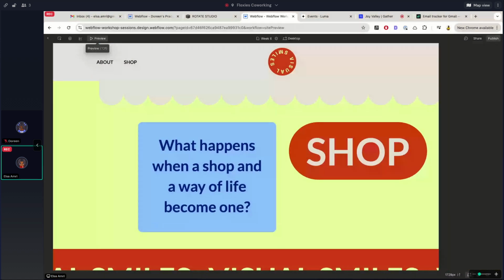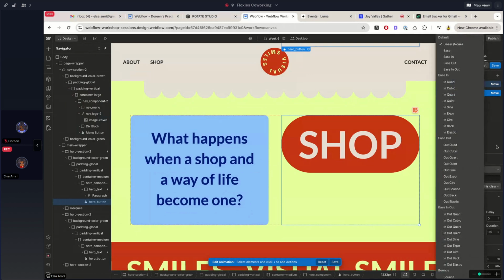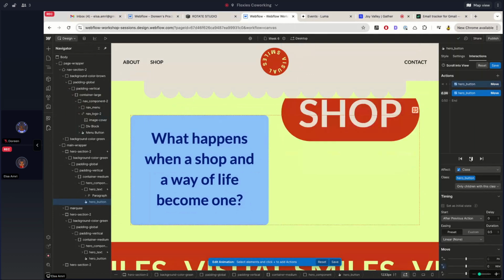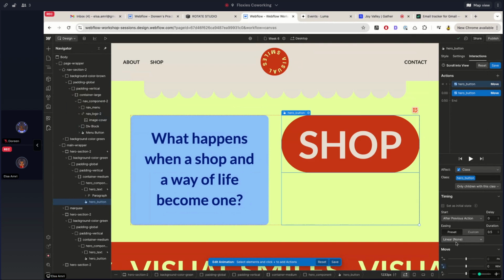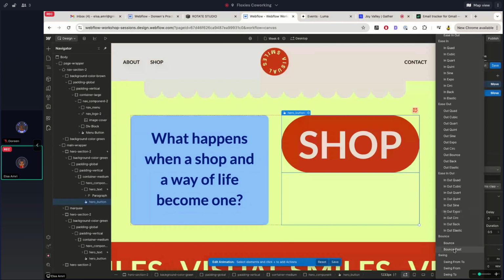Now, like I said, you can add a delay, you can change the duration. I want to show you guys how easing works. Easing is something I definitely recommend looking into because it just means how the interaction happens. The best way to illustrate it is, right now we have a gradual, top to bottom, very standard. But let's say we want there to be a bit of a bounce. There are a lot of different bounce options here. There's bounce, bounce past,